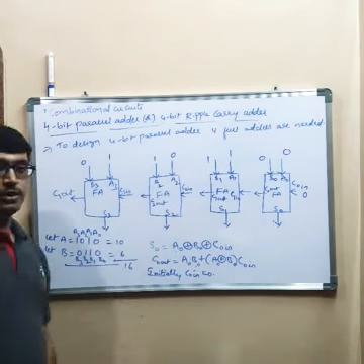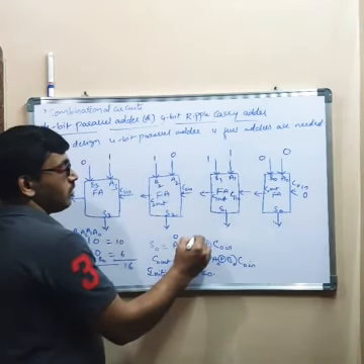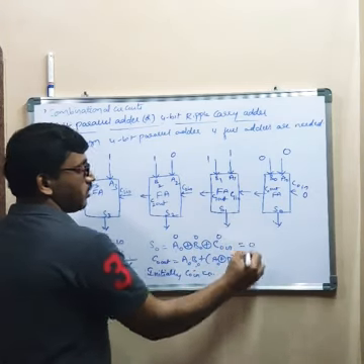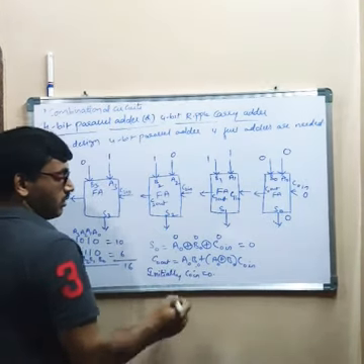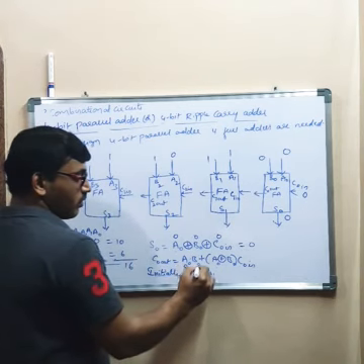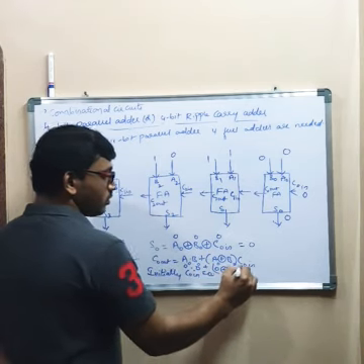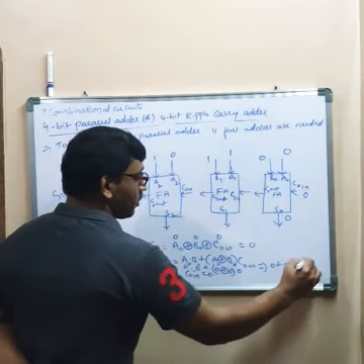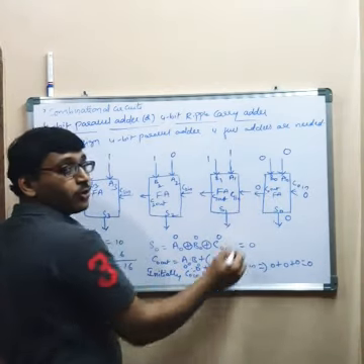Now substitute all these values here. A naught is 0, XOR B naught is 0, XOR C naught in is 0. What will be sum? You will get 0. So here you got 0. Carry is 0 dot 0 plus 0 XOR 0 into 0. This is equal to 0 plus 0 plus 0. Carry is 0. C naught out you got.